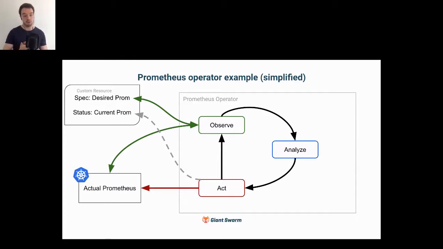It will check what is the current actual Prometheus pods, basically, or what is actually there of that Prometheus. Then it will analyze if it needs to do any changes, and then it will act by altering basically the actual Prometheus deployment. And then write this information to the status as to what it believes is the current Prometheus